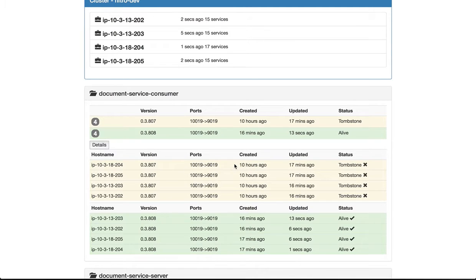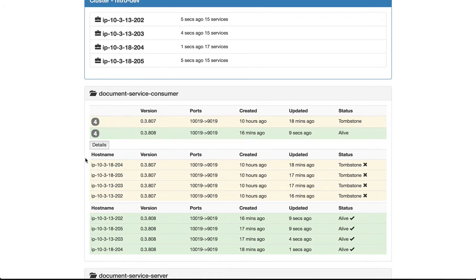Another change is that this UI can actually talk to the stats page for HAProxy and reflect not just what Sidecar believes to be true, but what is actually also currently configured in HAProxy, which is nice if you're trying to make sure that HAProxy and Sidecar are working together properly long term. And what I can see here is there's these X's and check marks that show up at the end of the status line. And what those are telling me is whether or not HAProxy is actually exposing that service